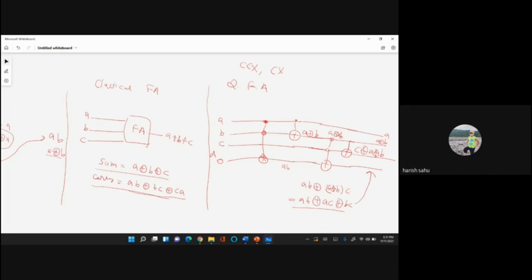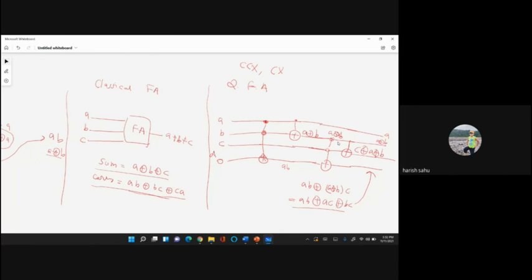So what we have seen is that we took an extra qubit D initialized with 0, and we applied these instances of CCX and CX, and we are able to implement the full adder circuit. As we already know, the Toffoli gate, that is CCX, is a kind of universal gate for all classical operations. Whatever is available in classical, we can implement using CCX. We want to implement this sum and carry, and we are able to implement it using CCX and CX.